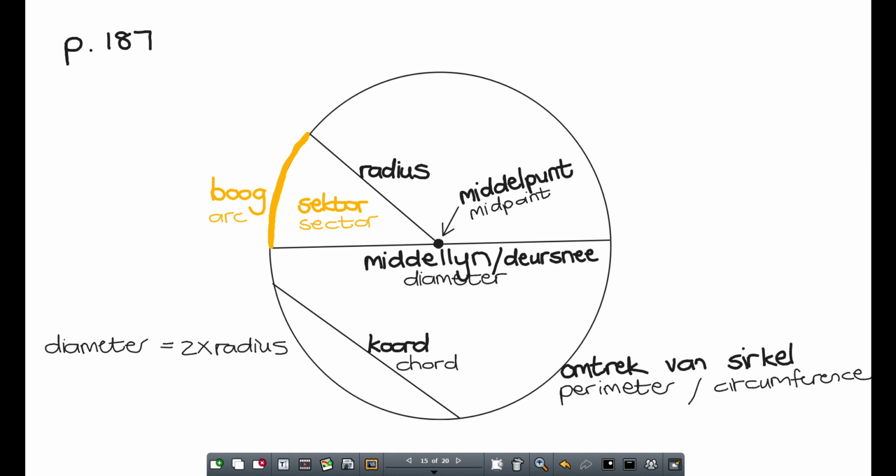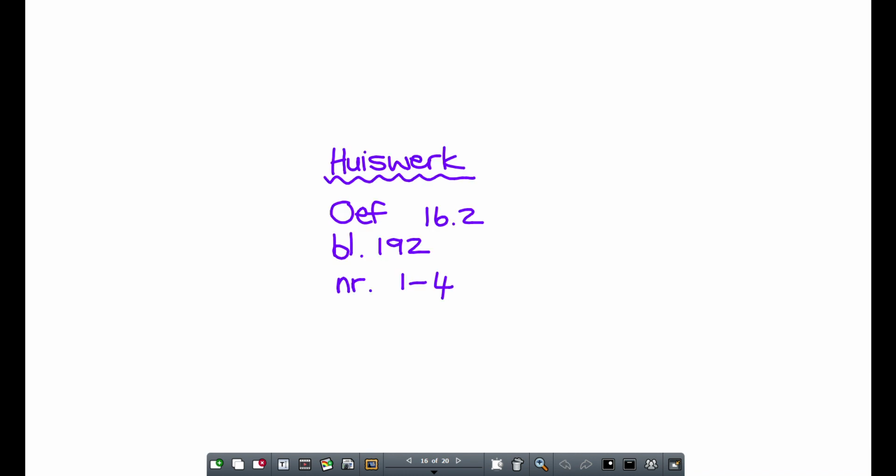Now, you already know what the formula is for the perimeter and the area of a circle. Okay, so now I want you to look at, and I'll skip back to this again, exercise 16.2, and in your textbook, that's on page 190. I quickly want to run through those 4 questions. Okay, question 1 is straightforward. You're only going to do 1 up until 4. They want you to calculate the